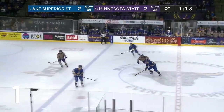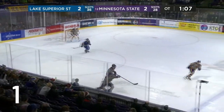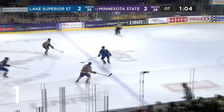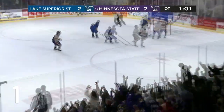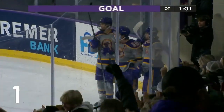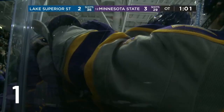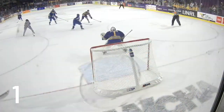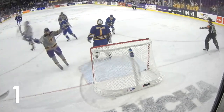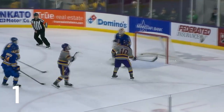Now they do clear the zone as Pitlick's back out there with Murr and Grohl. But Shelder, the Mavericks are bringing out. Here comes Murr and Grohl, 2-on-1 in the zone. Quick shot, score! Josh Grohl in overtime. Take one more look at it as Grohl, glove side of Appleby, gets his second of the night, 7th of the year, and the Mavericks